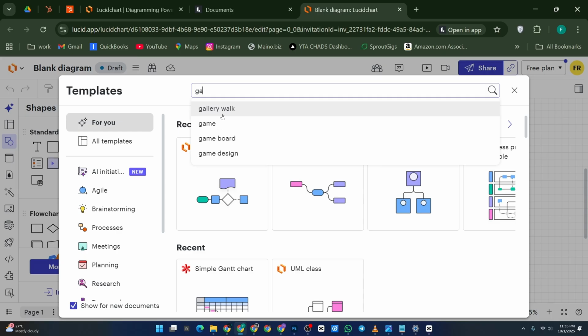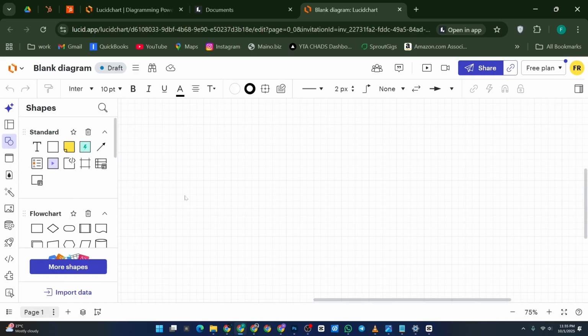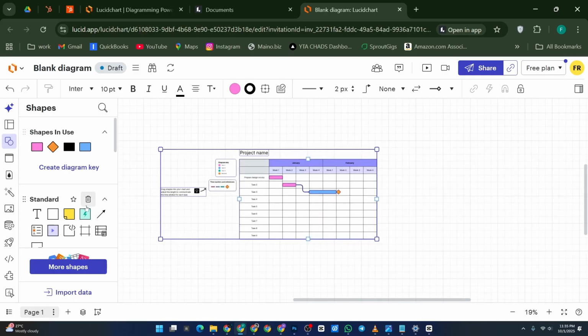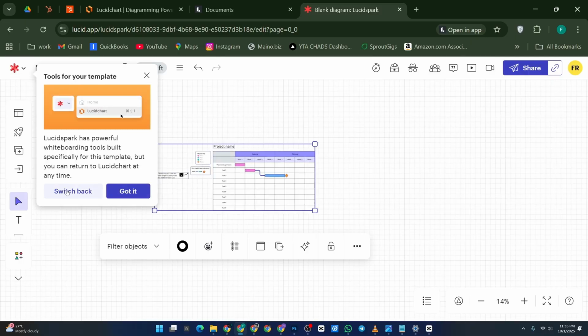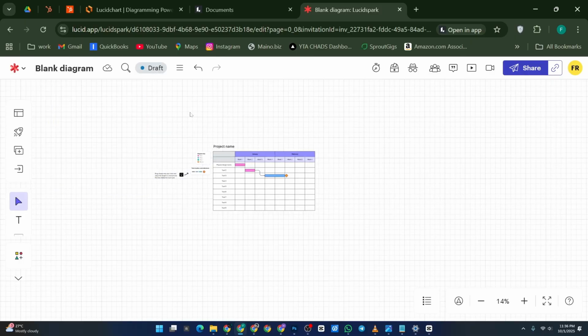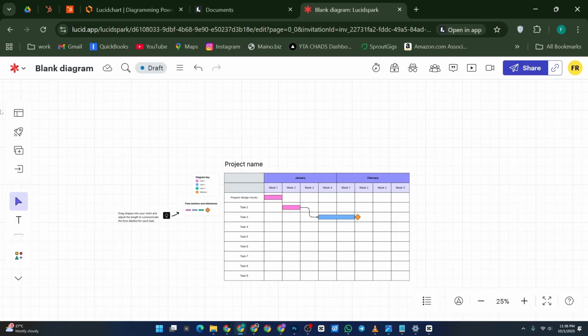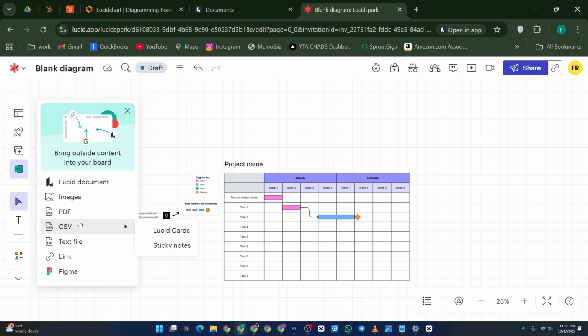Now, for each task, draw a horizontal bar that spans the start and end dates. This visually represents how long each task will take. You can also use colors to indicate task status or priority, and add text labels directly on the bars for clarity. To make it more interactive, connect tasks with dependencies using arrows or lines showing which tasks rely on others